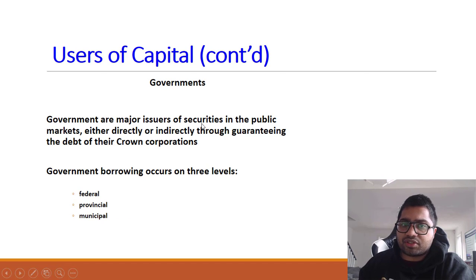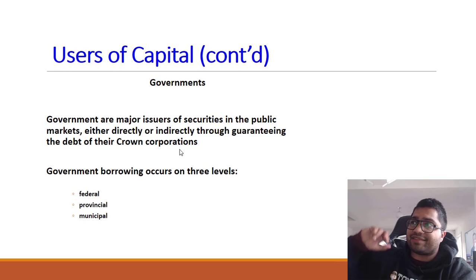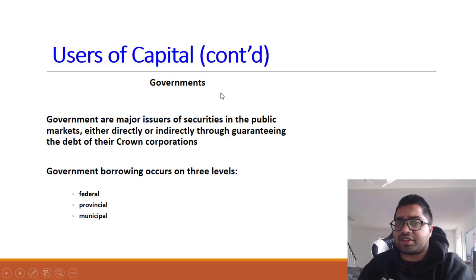Governments are major issuers of securities in public markets, either directly or indirectly through guaranteeing the debt of their crown corporations. So in Canada there are certain crown corporations. Crown corporations means these companies are run by the government of Canada. For example, Canadian National Railways. So that it's a crown corporation. So railways is run by the government. So either railways can issue debt or use debt, right? Or the government can issue debt. So government are major issuers of securities in public market, either directly or indirectly through their own doing or using